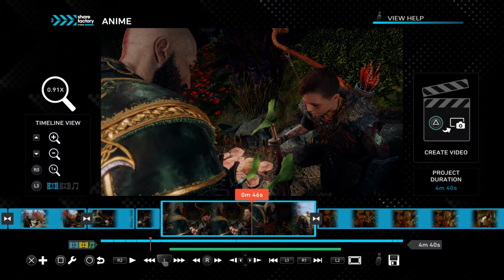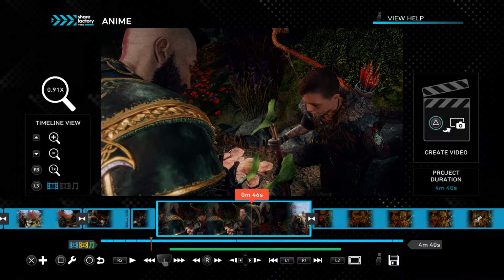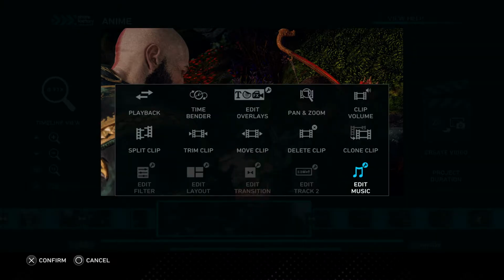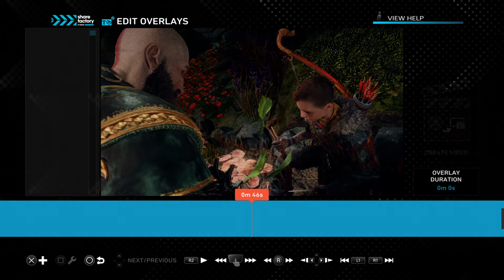I'm going to stop it right there. I just wanted to give you an idea of the transitions and how the video works on the Share Factory. This is an amazing tool. Most of the tools you're going to be using, you hit the square button and it brings up pretty much your workstation, and it has pretty much anything you could think of that a video editing tool has. You do your playback, your time bender, that means making your video fast or slow motion. Your sticker tool, which lets you add